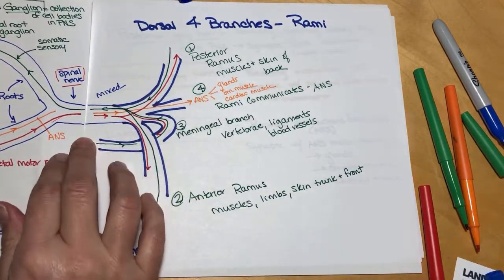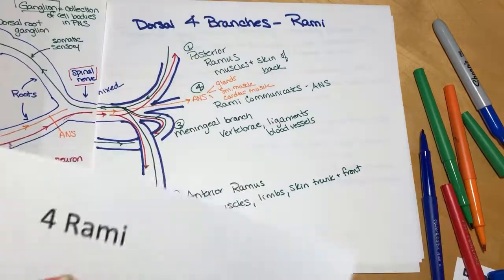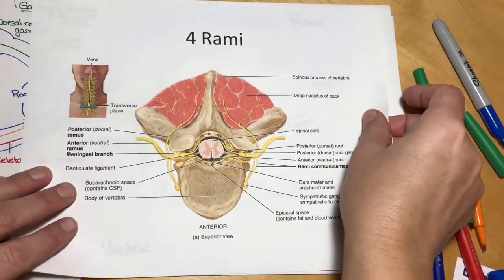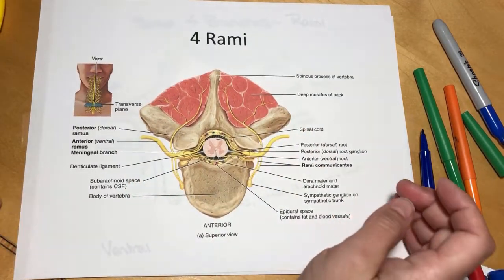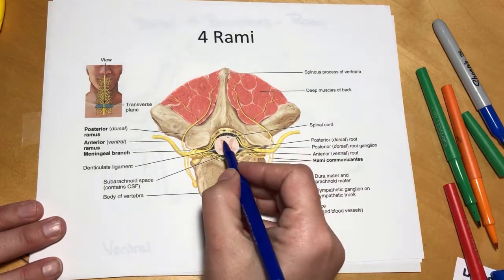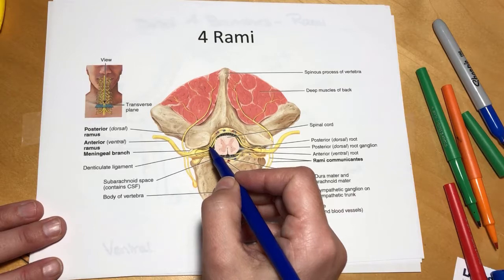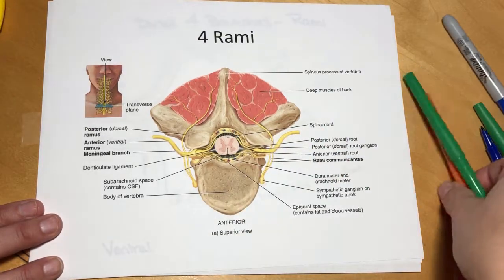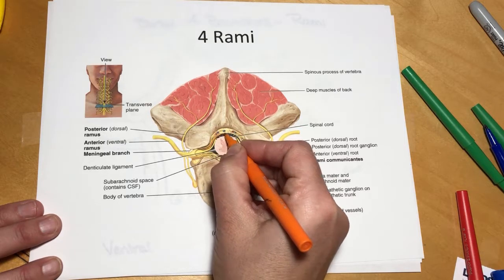So I have a picture of this. Where did my picture go? This is the textbook's much better looking drawing. And you can see that the spinal cord is in the middle, right here. You can see the gray matter inside. You can actually see, maybe if you look closely, I'll do it in orange, you can see the dura mater, which is that outer covering